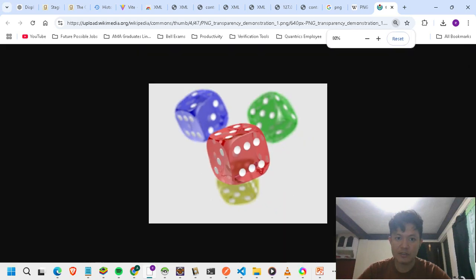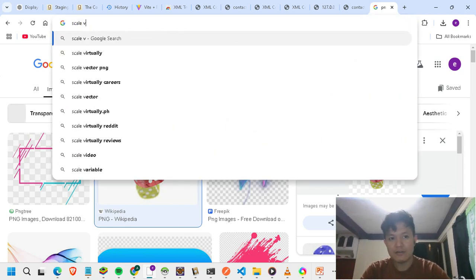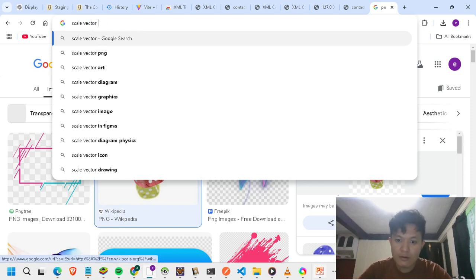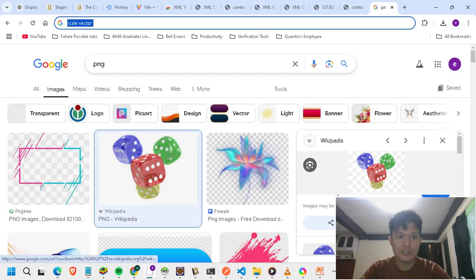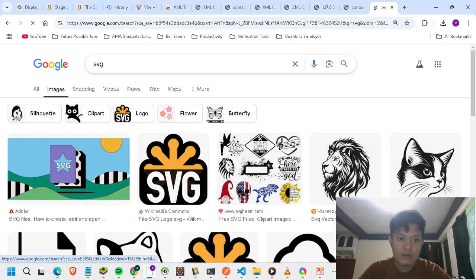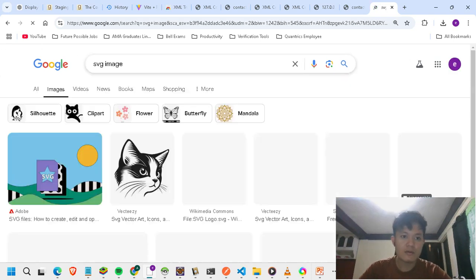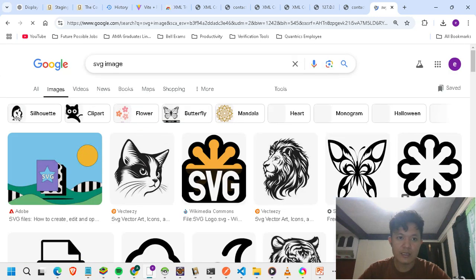It blurred as we zoom it in. However, for SVG, scalable vector,